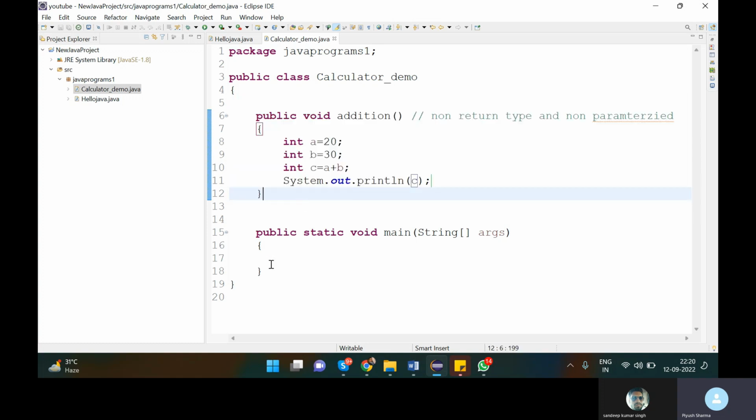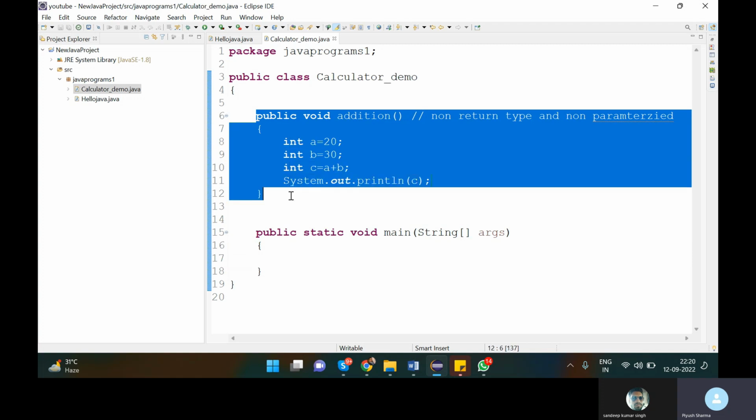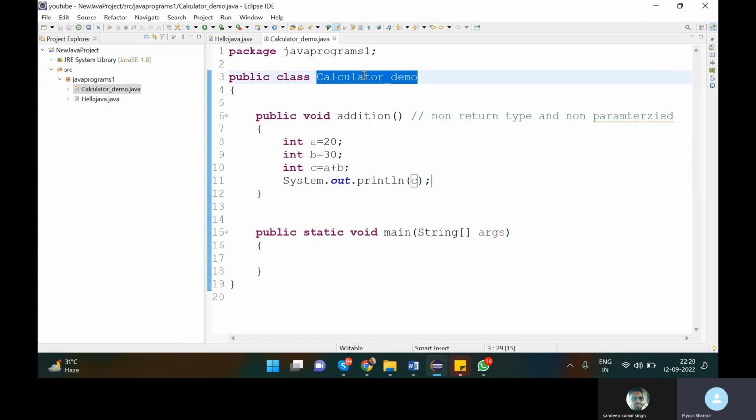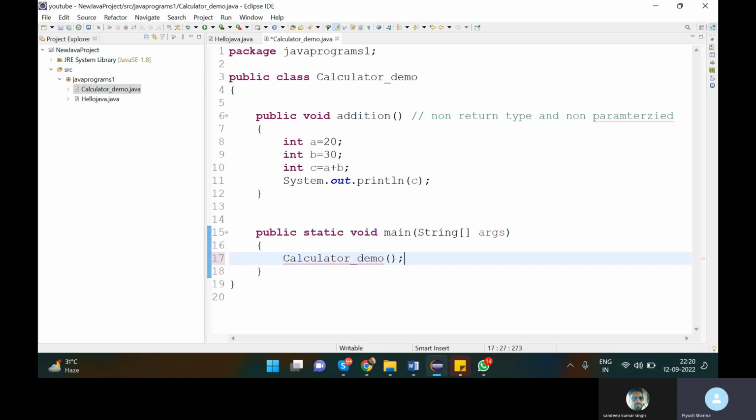In the last class we discussed that a static method is directly called with the class name, but a non-static method is called with the help of a class object. So if you want to call that method, you create an object of the class. The compiler first moves into the main method, so we create the object of the class in the main method.